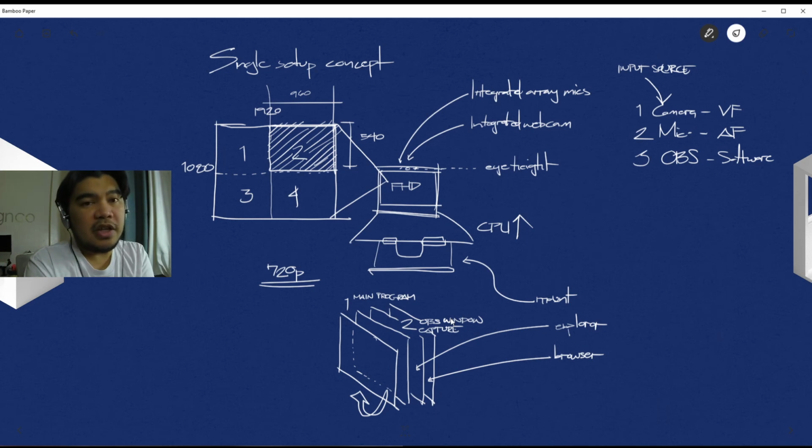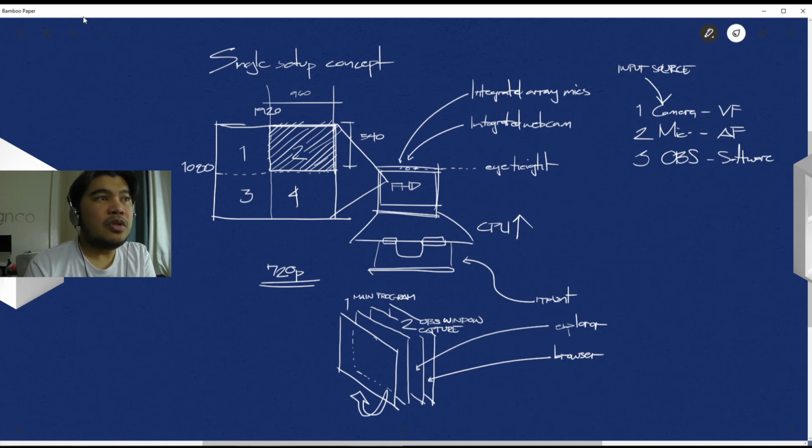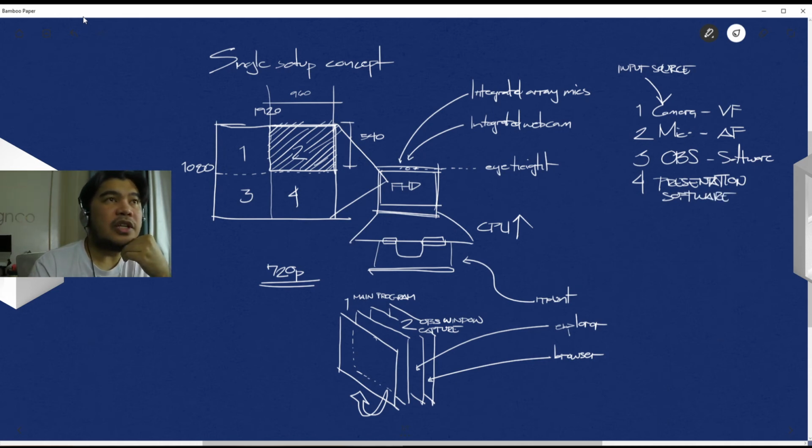The window that you want to display can be a PowerPoint presentation also, or a video for that matter. OBS doesn't discriminate. So for the most basic part, you really only need this input 1 plus, let's see, 4 will be the presentation software. All right. So you only really need to be showing in your final OBS program